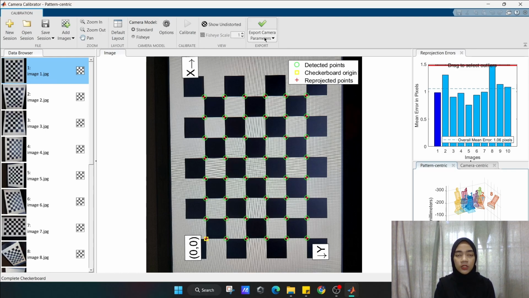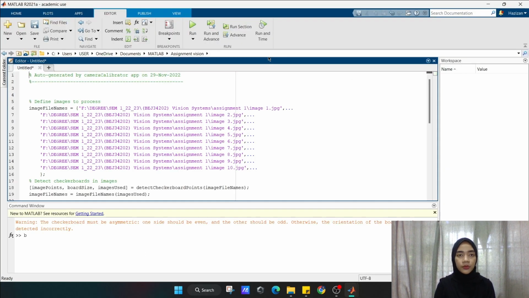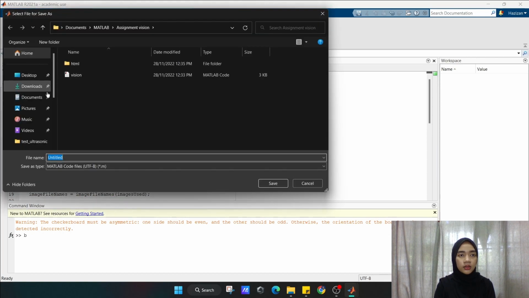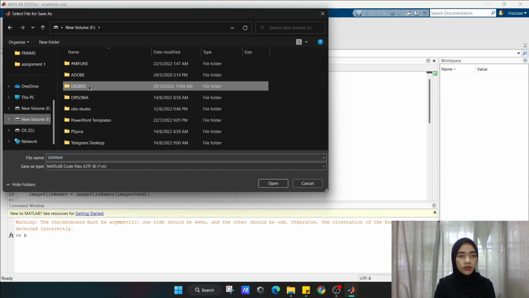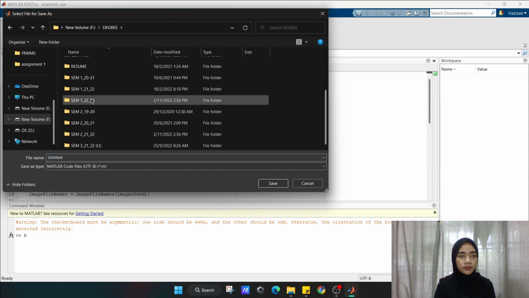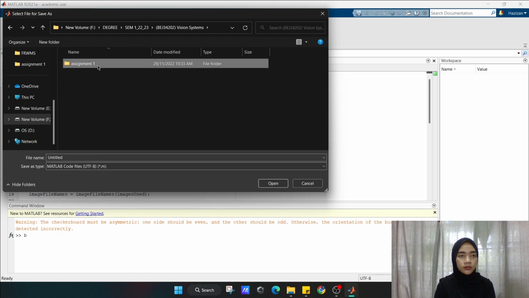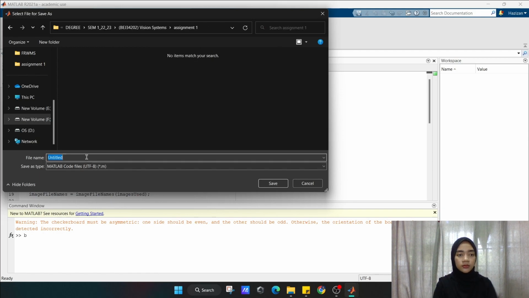After that, we need to click on parameters and click on generate MATLAB script. Next, we need to save it first, and I will save it as